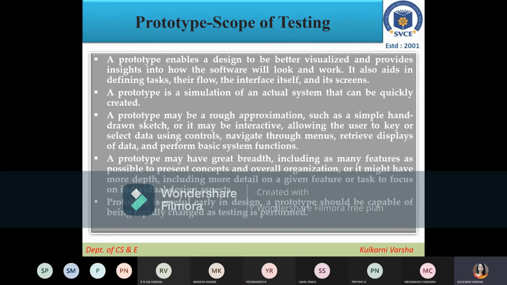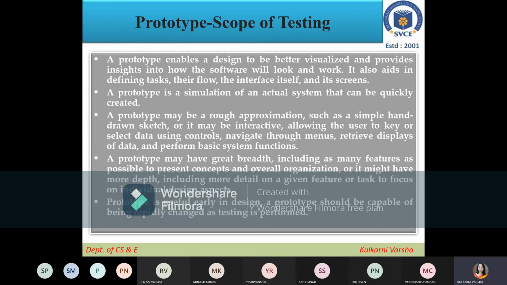Then, a prototype may be a rough approximation. It can be something like a simple hand-drawn sketch, or it can be interactive, allowing the user to key in or select data using controls, navigate through menus, retrieve the display of data, and perform basic system functions.